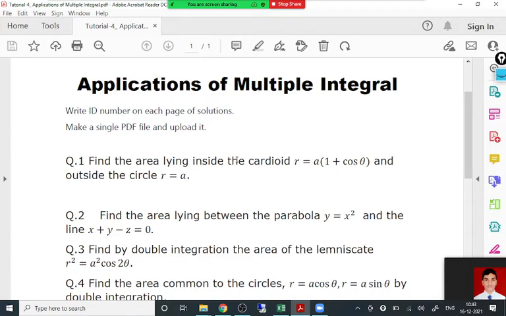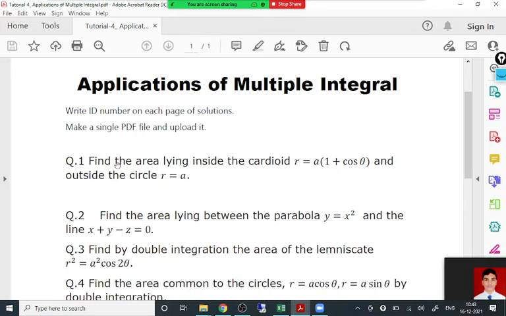The next important application is volume. So area and volume are the only important applications. You will definitely not find a single question on mass and center of gravity in the last 10 years' question papers, even though these two topics are also in the old syllabus. But by chance, if a question comes, you should be able to attempt it and finish it. So we'll do one question on that.